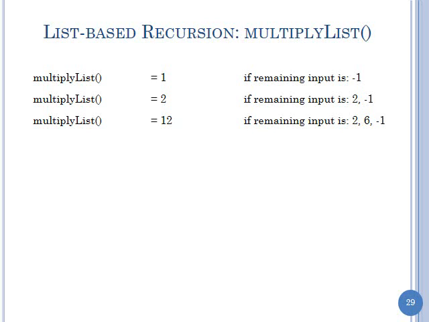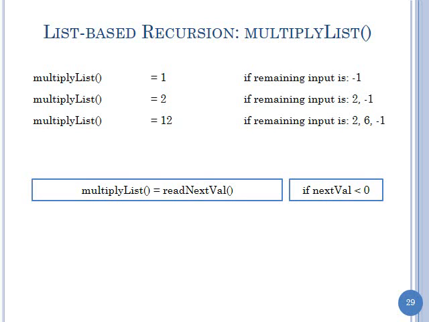2 multiplied by? Read next token is what 2 was. So we don't know what's coming after that. My read next token is 2. It may be followed by -1. It may be followed by 6. If we multiply by read next token again, so read next token is what I get. My multiply list takes no arguments. If read next token returns -1, my multiply list returns 1. Okay? So read next value multiplied by, if it's greater than 0,